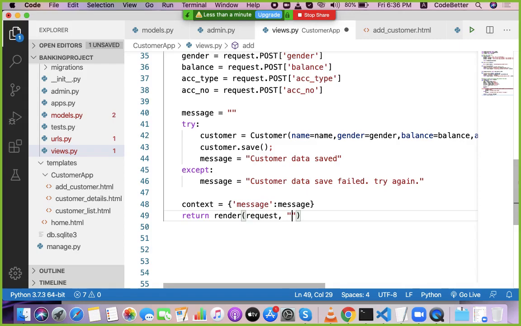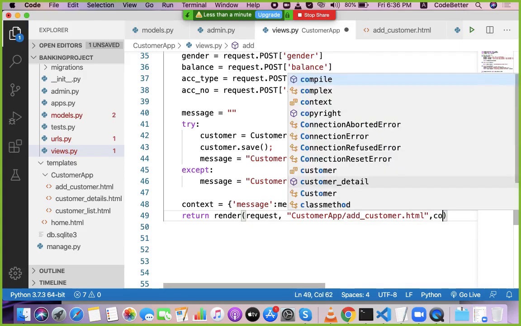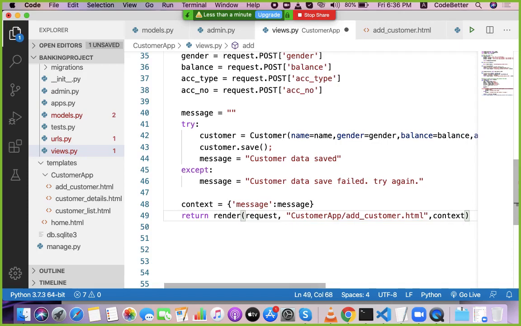So customer app slash add customer dot html, and let's pass this context also. From that context, this page can retrieve this message and display it.